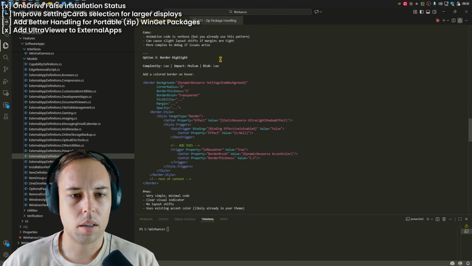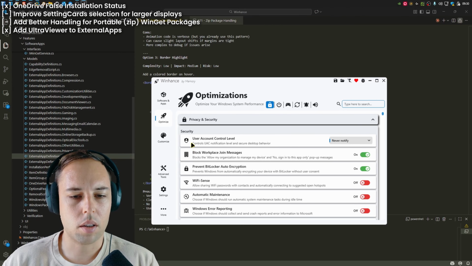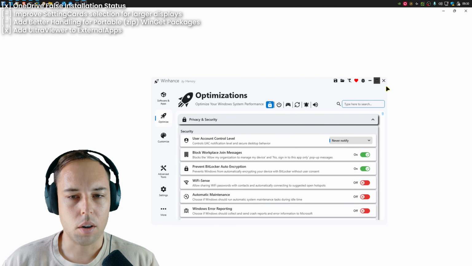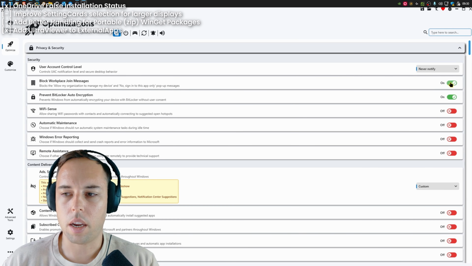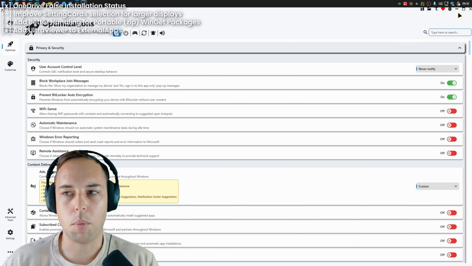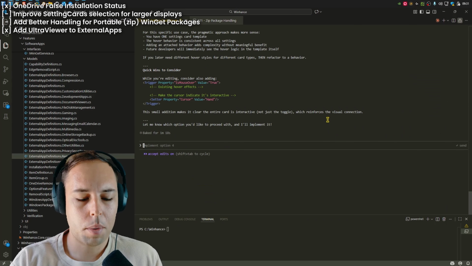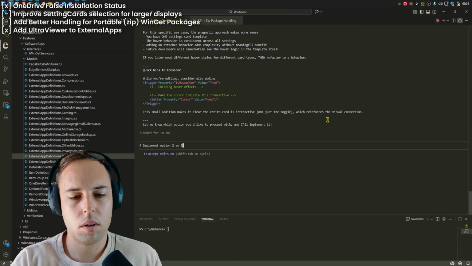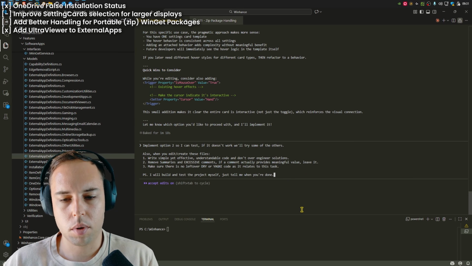The border highlight can also work, because if the entire border is highlighted and you're on a large screen and you're looking at the right here, it's going to be very easy and noticeable to see a border around it, but I don't know if the border is going to look modern. I'm going to reply with implement option 2 so I can test. If it doesn't work, we'll try some of the others and then just pass the prompt for how I wanted